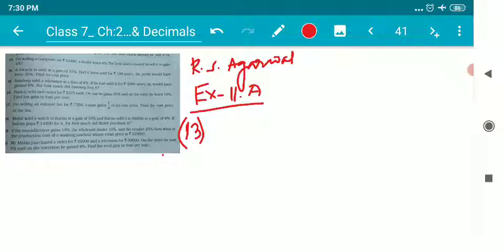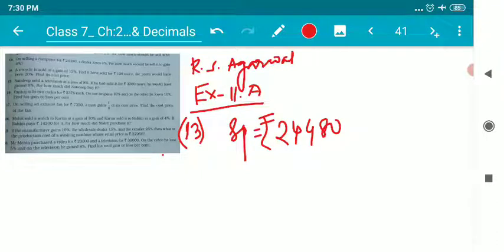Okay, on selling a computer, the selling price of the computer was 24,480 rupees. The dealer made a 4% loss. Now the question is, what should be the selling price so that he could have gained 4% instead of a loss of 4%? Children, we don't know the cost price of that computer. Let the cost price be X rupees.